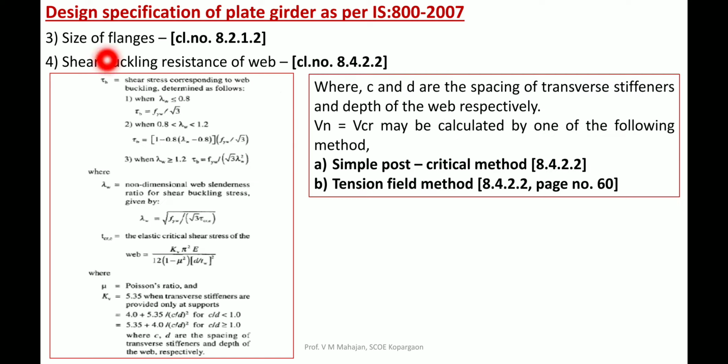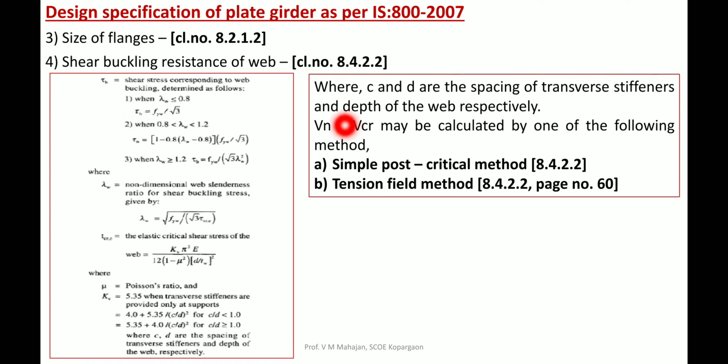Then the third criterion is the size of flanges as per clause 8.2.1.2. The next clause is for the design step, shear buckling resistance of web, as per clause 8.4.2.2. So we are going to see the shear stress, tau b, which is the shear stress corresponding to web buckling and is determined as per 3 reference cases,